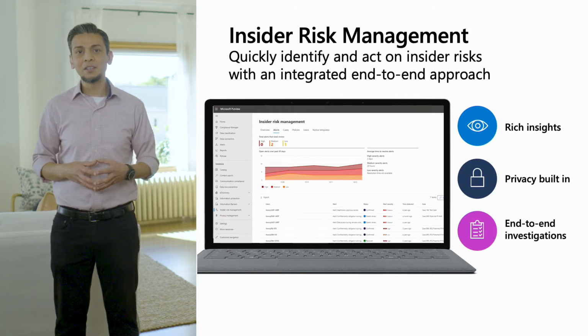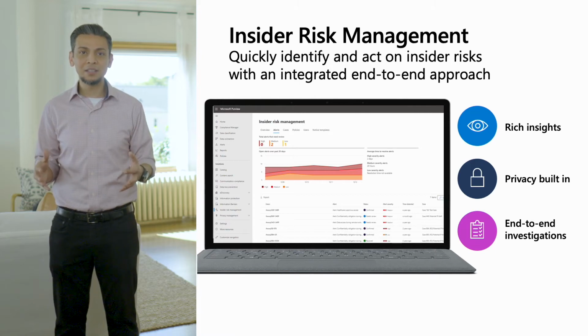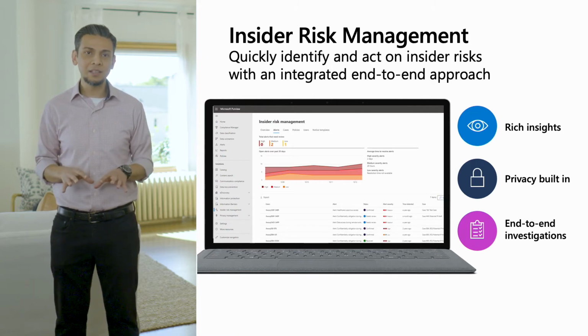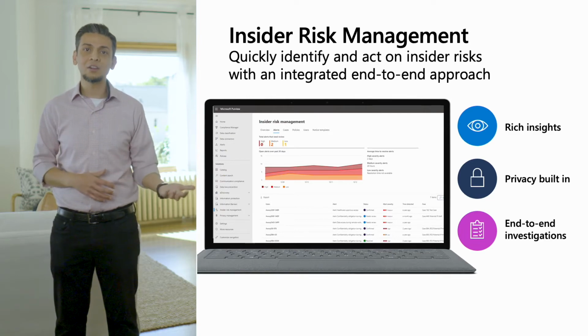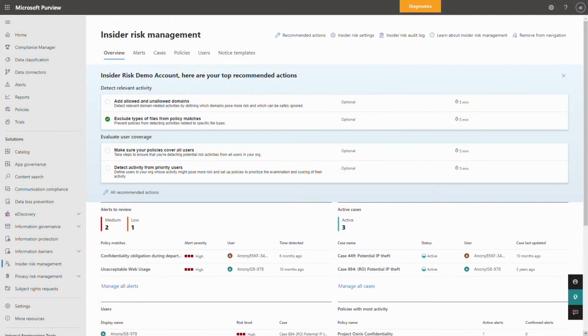And it allows security teams to run end-to-end investigations with integrated investigation workflows, allowing them to work together with other leaders across HR and legal. Insider risk management is available from within Microsoft Purview Center, and one of the first questions we hear is, how do I get started?